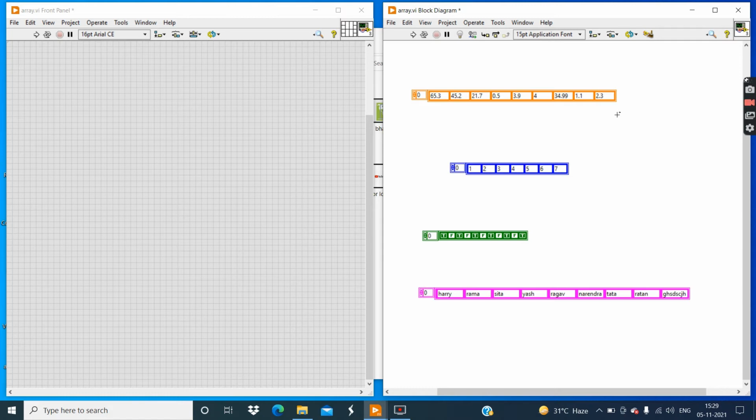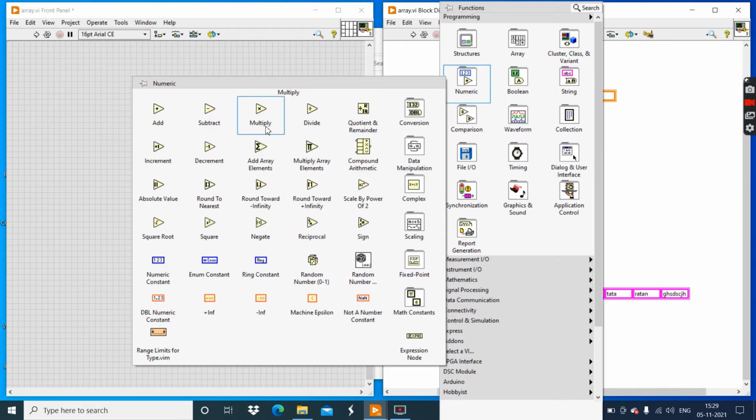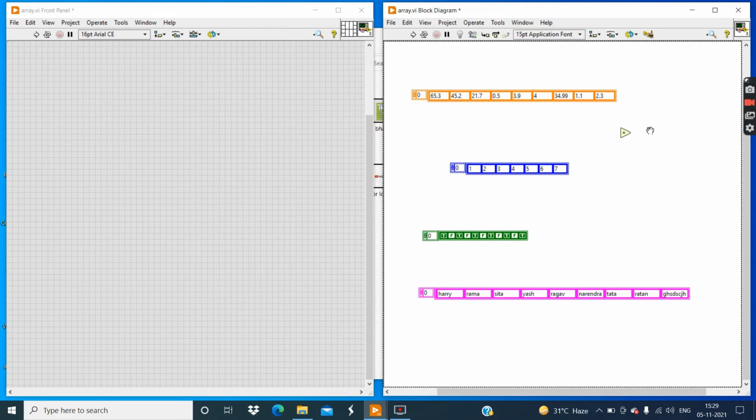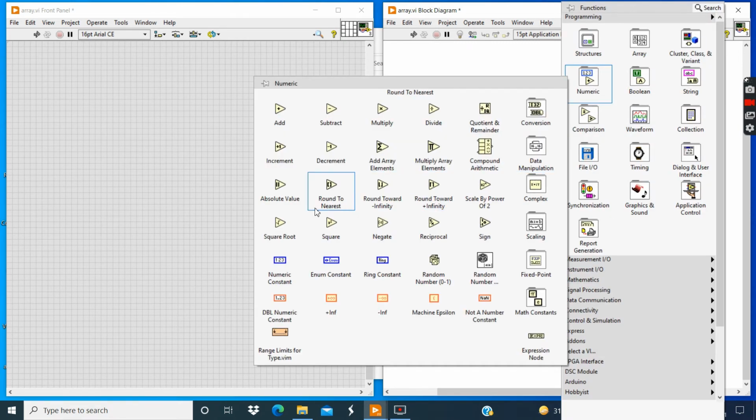Now we should implement one arithmetic operation on this double data type array or integer data type array. So simply go to the numeric operator and click on this add. Connect this x terminal to the double data type array and again copy this addition tool and paste here. Connect the x terminal to this integer data type array